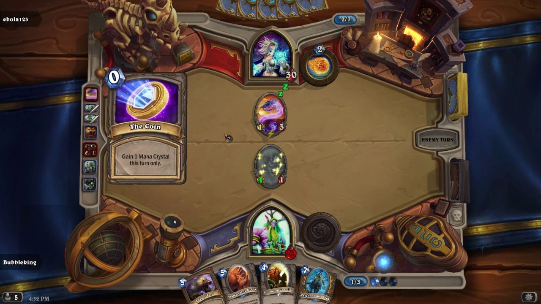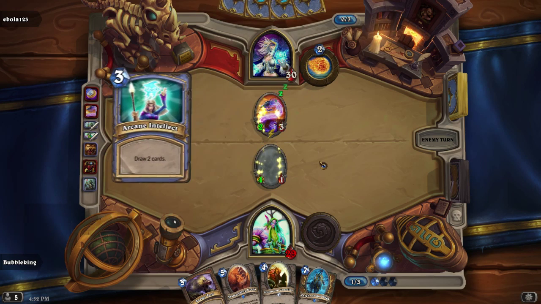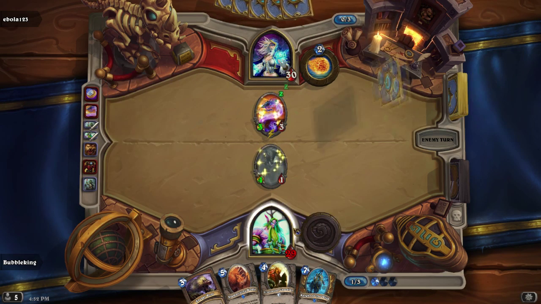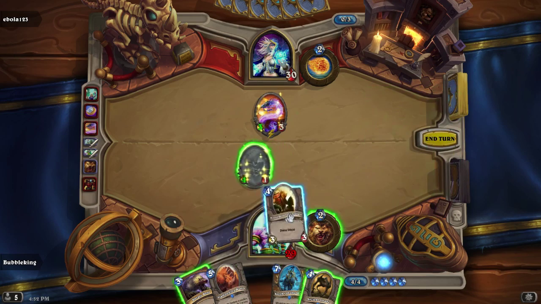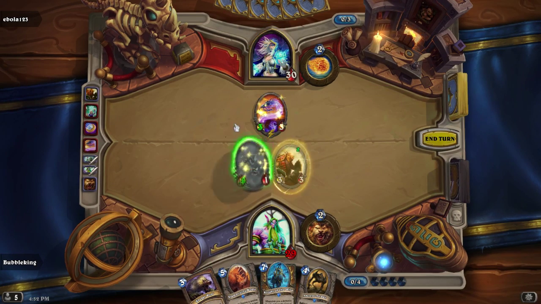3 health, that's nice for us. You can be taken out by the Silver Moon here. And Arcane Intellect, okay. So he's drawing small cards. This is not too bad for us. He could ping this next turn and then attack with it, we might actually...